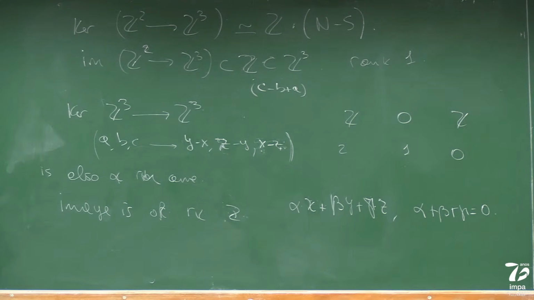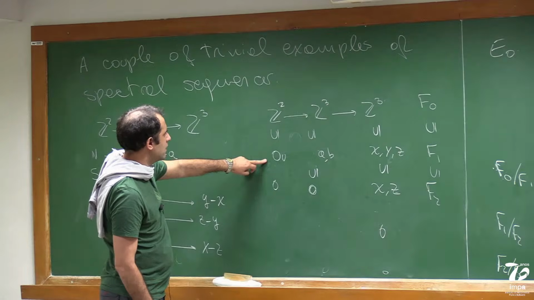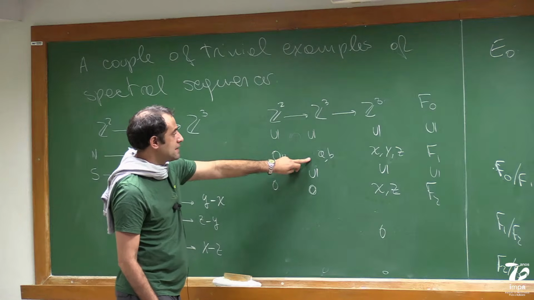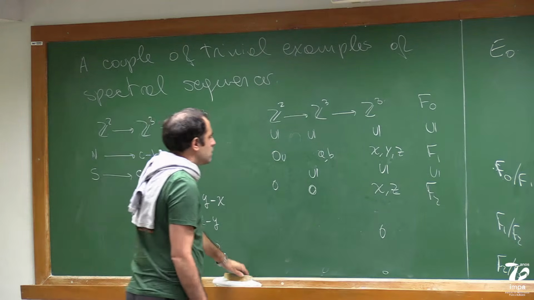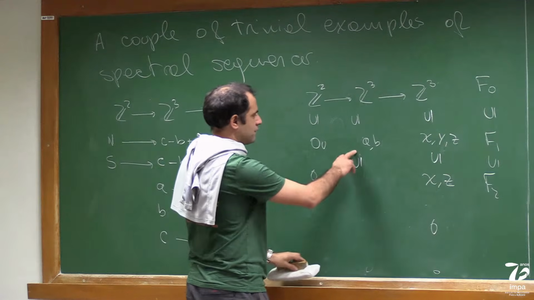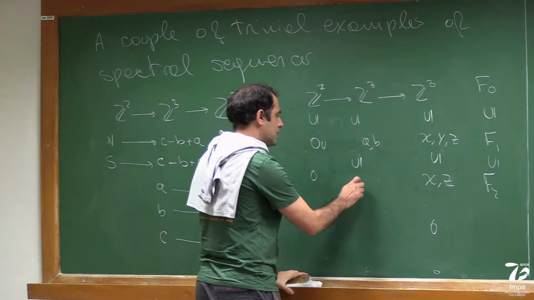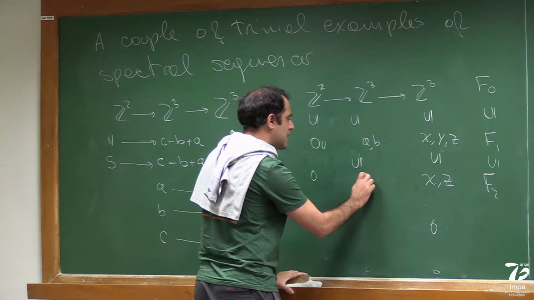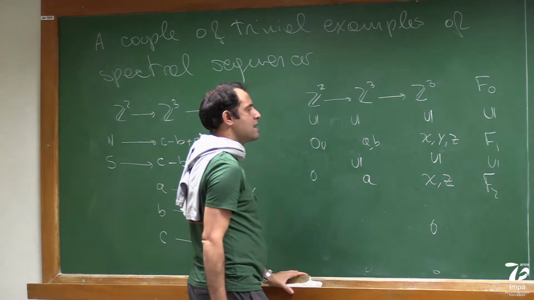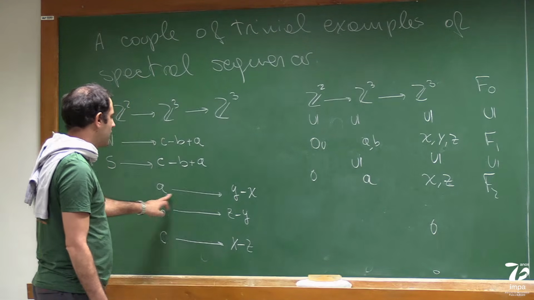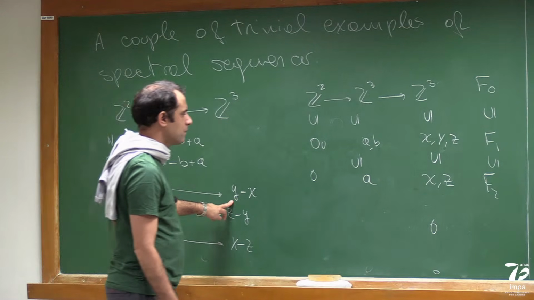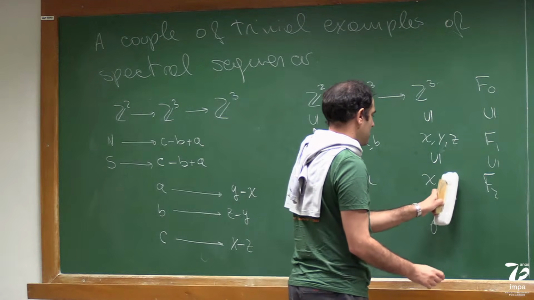Let's see. So let's make this slightly better. Let's do the same thing that we did here. We took only one generator, C, out of this and the full piece here. So how about we take one generator here? Instead of taking all A and B, let's take one of them. So let's take out B, so we're left with A, and if I have A there, then Y and X should still be there. So let's take out Z.